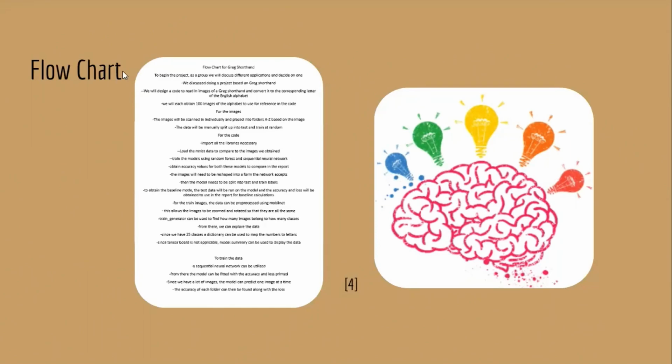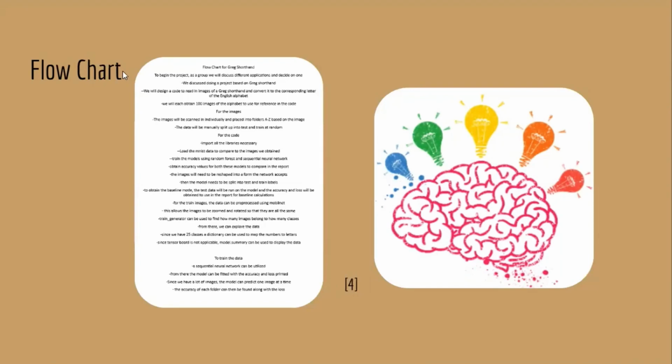Because there's not an actual alphabet to compare to in the Jupyter notebooks, we had to compare ours to the MNIST dataset. So how we decided to find the images was that we were each going to find 100 images of the alphabet and use them for reference in the code. We obtained several different versions of these images. Some were written in pen, some in pencil, some were found online, and some were drawn on the computer. We did this so that our model would be able to interpret any different writing style of Greg